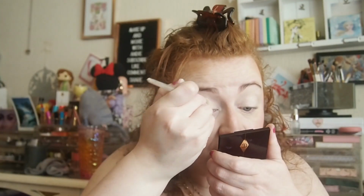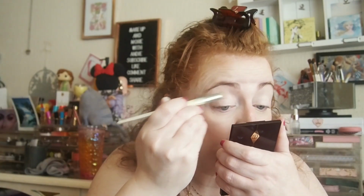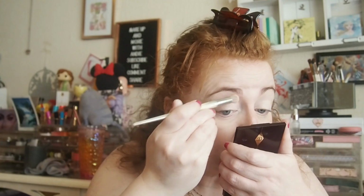I think today, rather than go and find my powder, I'm just going to go in with some of this Fenty powder. Yeah, see if this works. This brush needs to get washed. In fact, my Jessup beauty brushes in general need to get washed again. Feels like it hasn't been that long since I washed them, but